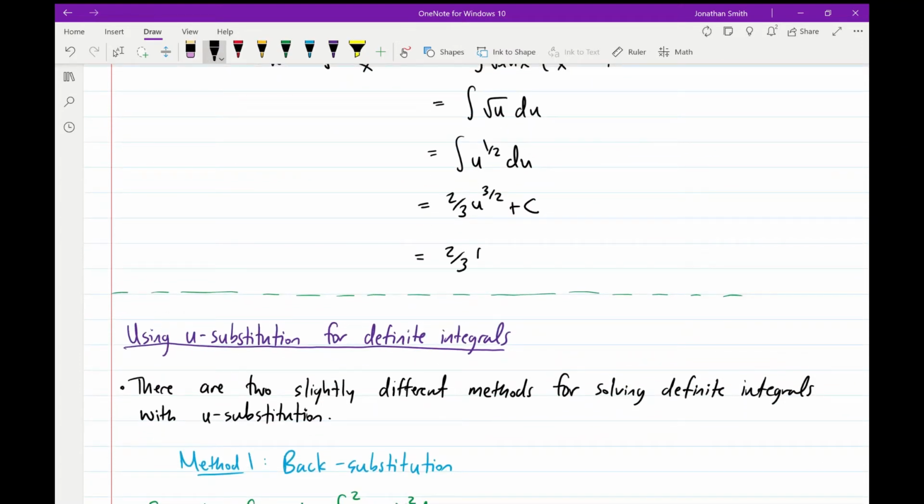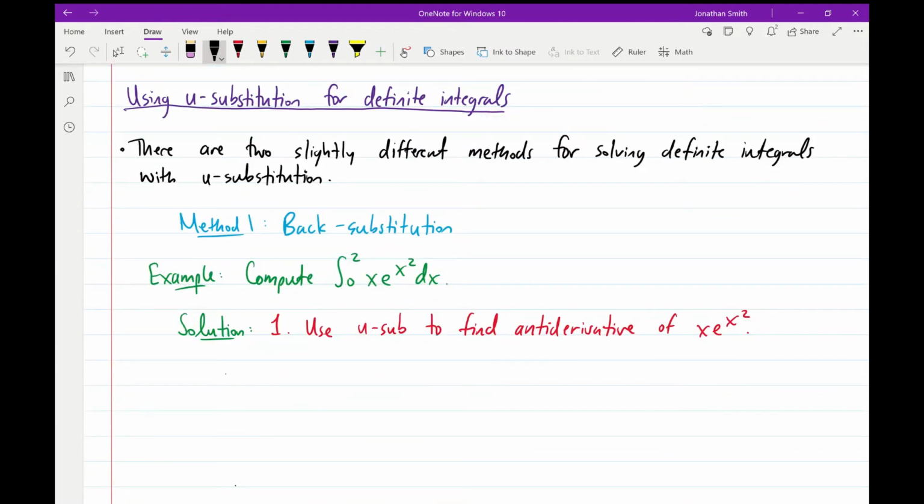We get 2/3 times the natural log of x to the 3/2 plus c. So this will be our antiderivative in terms of x. So hopefully you're starting to catch on to the pattern of u-substitution that we've been using to solve these different